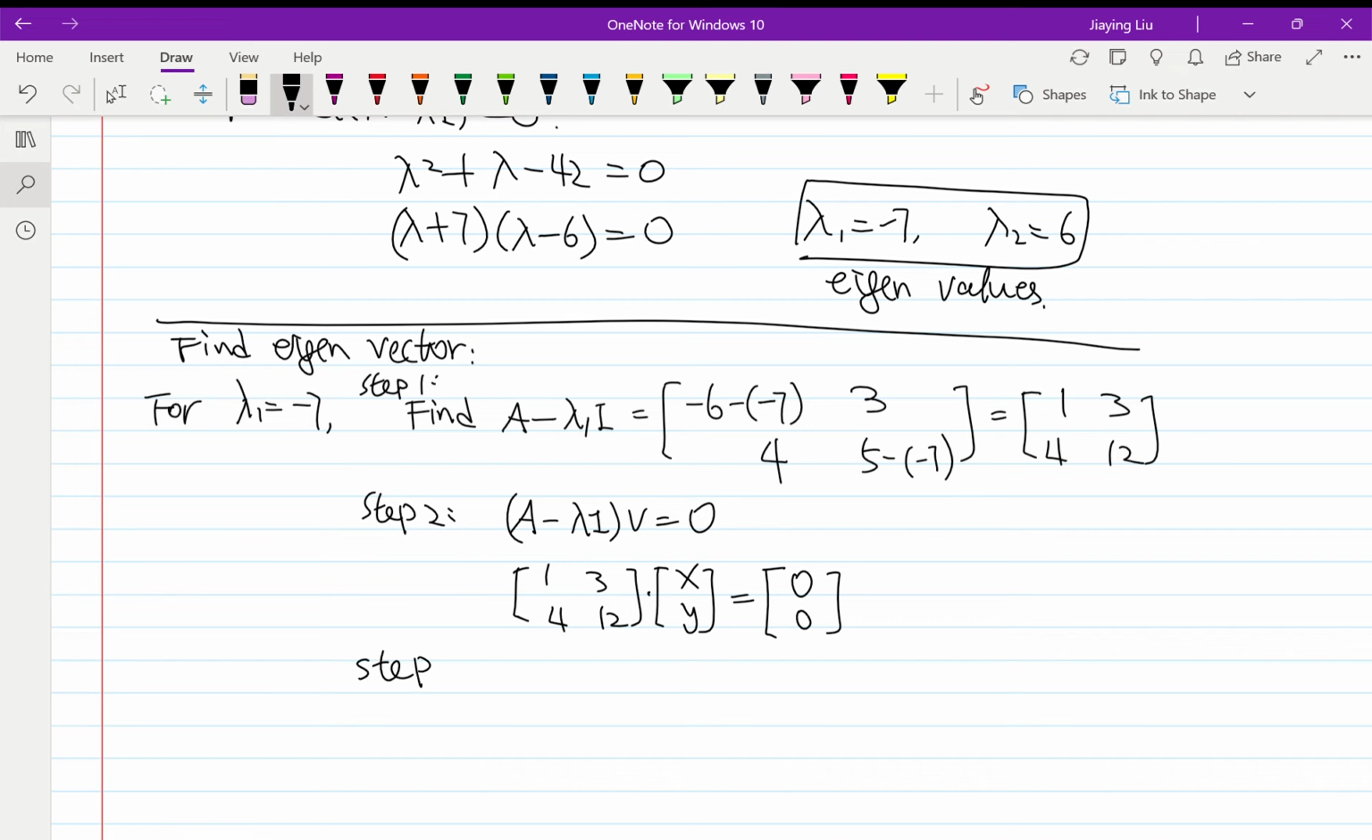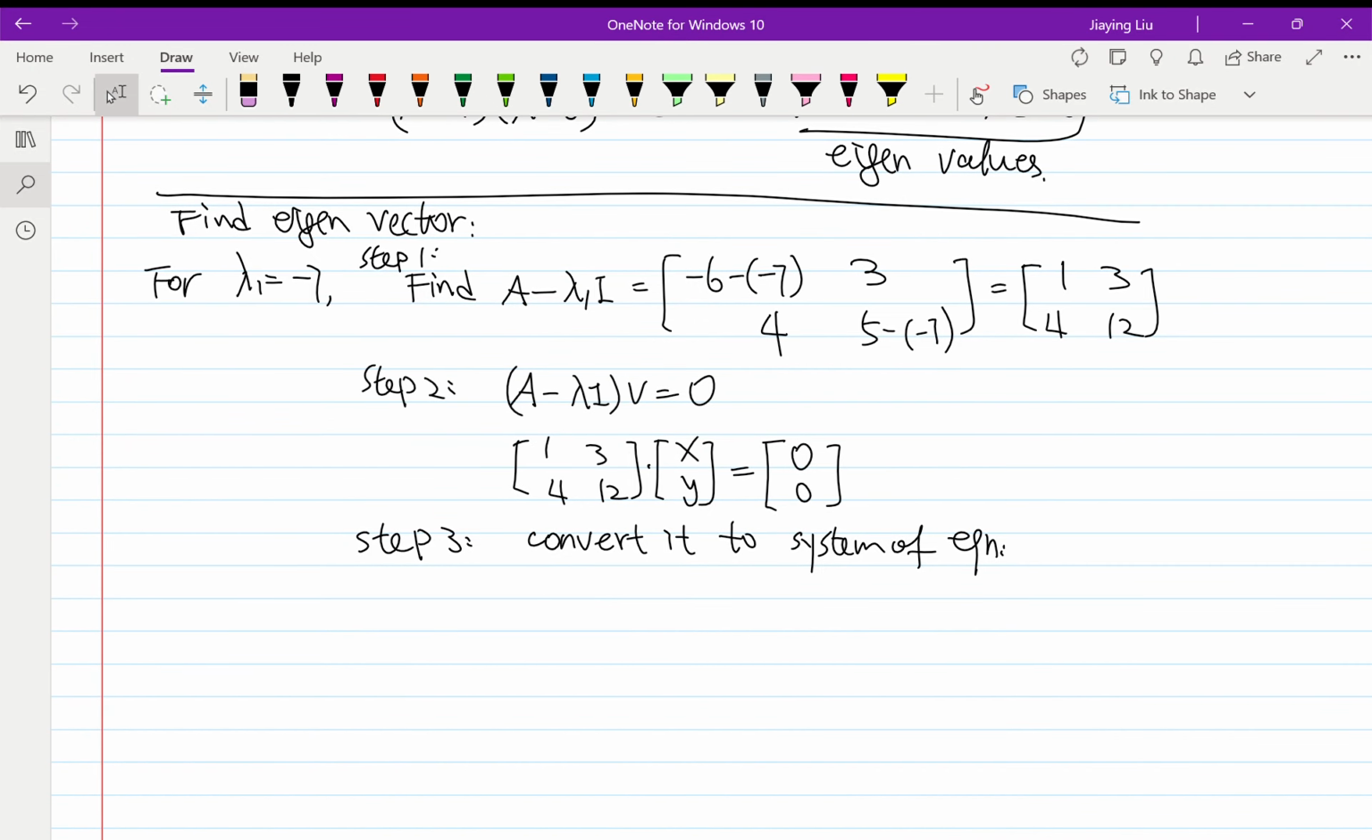And step 3 is to convert it to the system of equations. So here we have the matrix equation, but I want to know what x and y are. So I'm going to take this and rewrite the system of equations from there. I already know the coefficients, 1, 3, 4, 12, so that's 1x plus 3y equals 0, 4x plus 12y equals 0. And I get two equations, but really they're just the same equation,